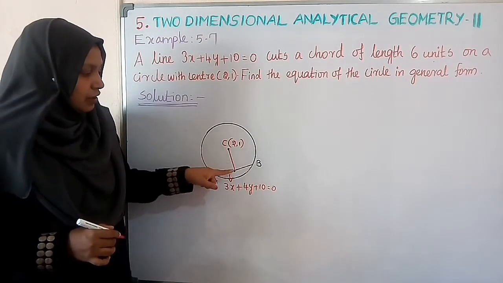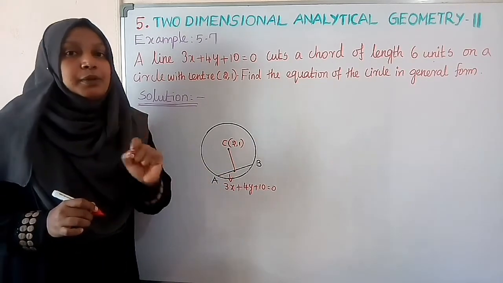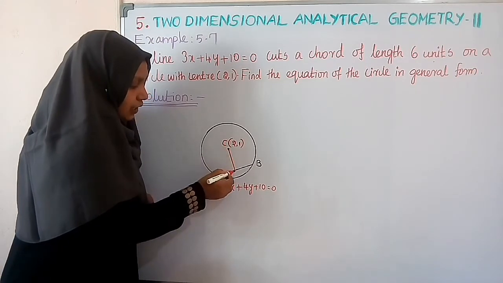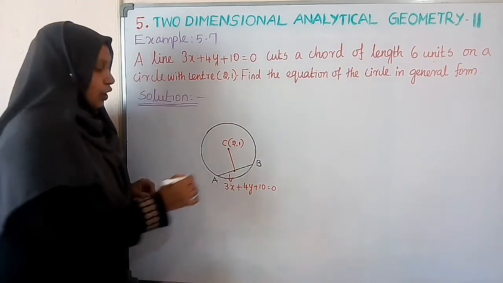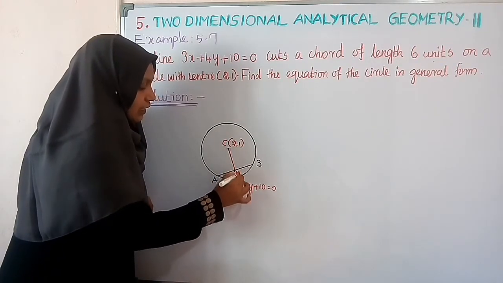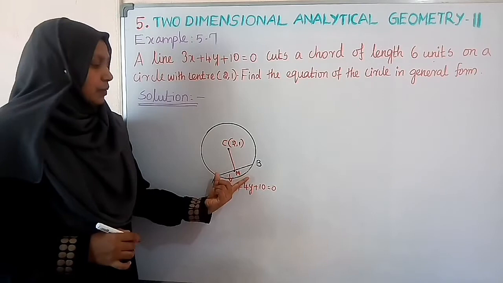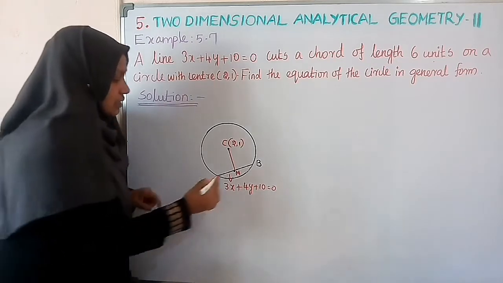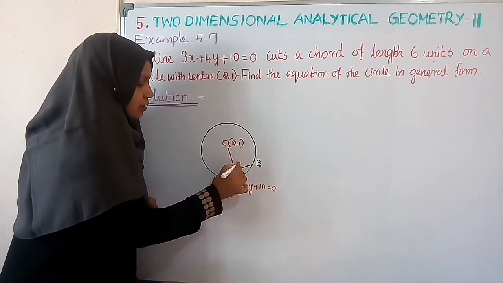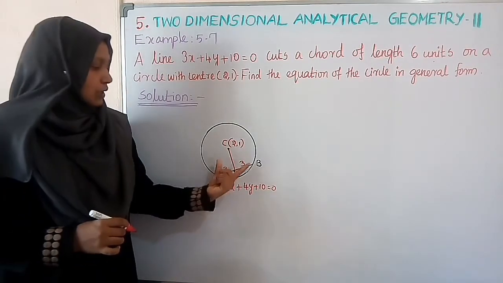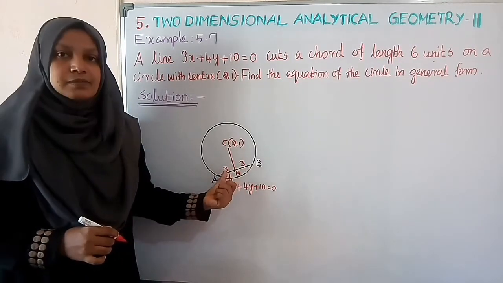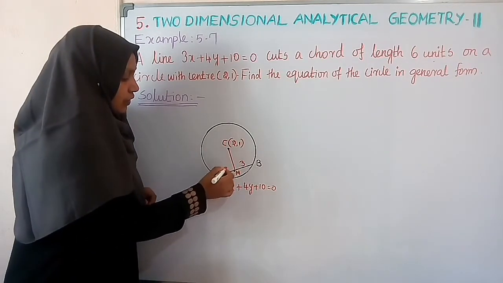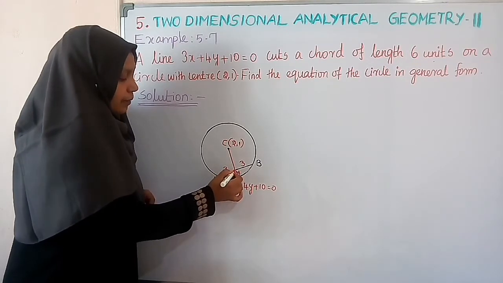See, from the center, if you are drawing a perpendicular line, it will meet at the midpoint of the chord. So here I draw a perpendicular line from C. Okay. So it will meet AB at the midpoint. So I am marking this midpoint as M. Okay. So what is the length of AB? Length of the chord? It is given in the question. The length of the chord is 6 units. Since this is our midpoint, these two parts become 3 units. Total 6 units. Here if you have the midpoint, it becomes 3 units each part. Okay. Now see, we got this 3 units as AM and MB.